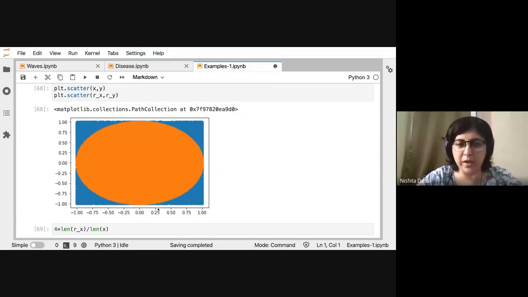In this case, if we have a square and a circle with the radius equal to half the size of the square so that it fits into the square, then let's say the radius is r. The side of the square is 2r, so the area of the square is 4r square, and the area of the circle is pi r square. If you take the ratio of the circle to the square, you get pi by 4.